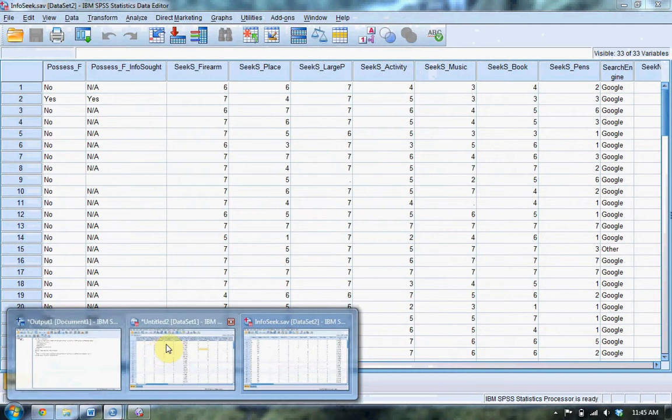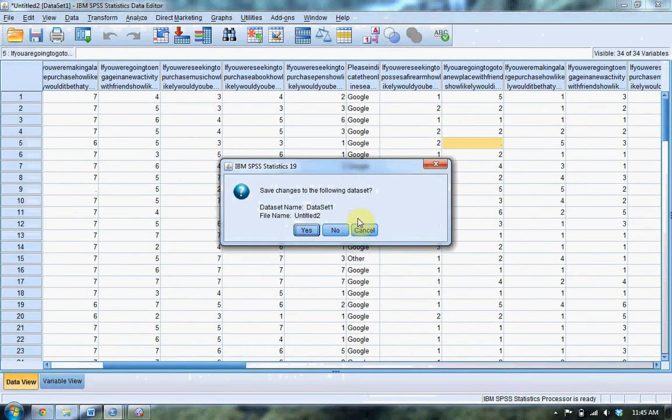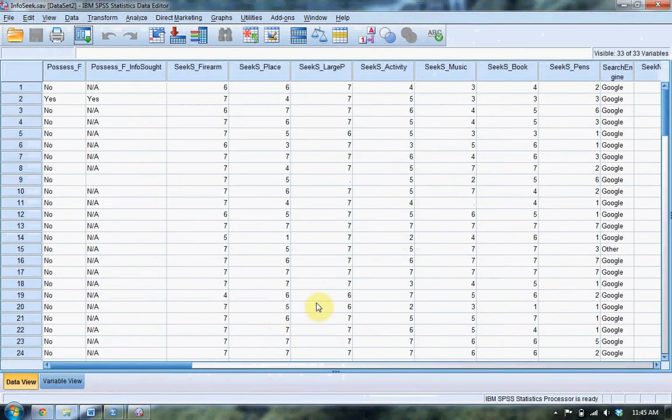Okay, so this is the file. I'm going to close this data set real quick. Alright, so here's the file. As you can see, I've got variable names loaded in. There's a few transformations and fixes we need to make with the data, but we'll go through that in the